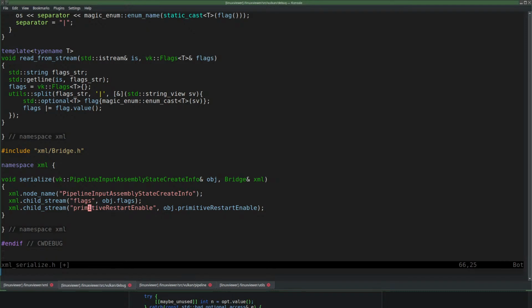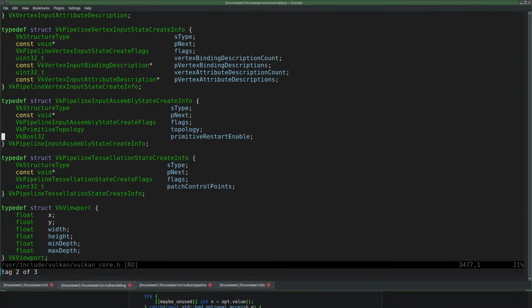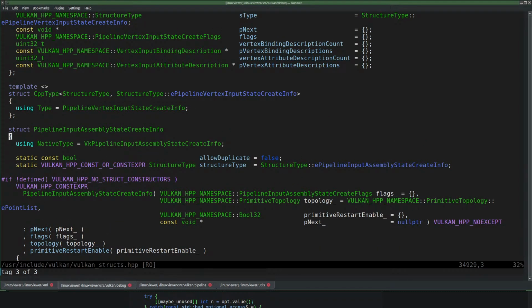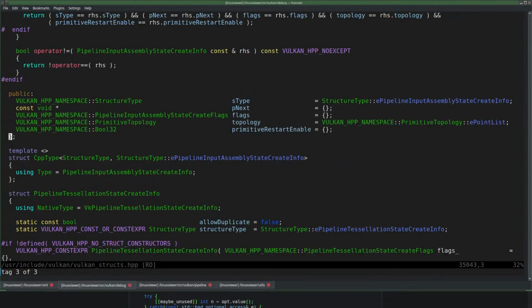Primitive restart enable. That was this one. Serialization. I think we're doing this one. Okay, so what is a primitive topology?